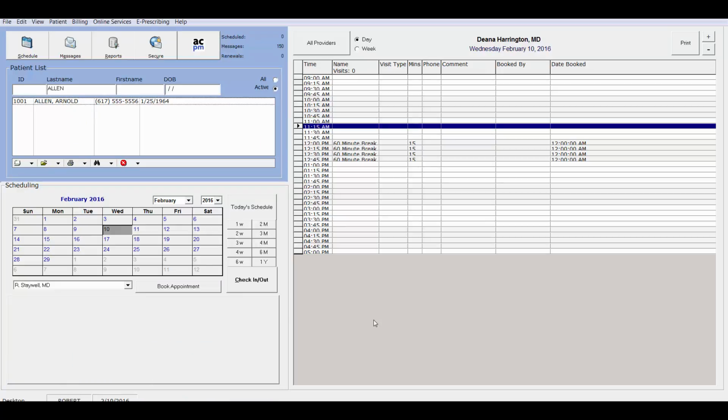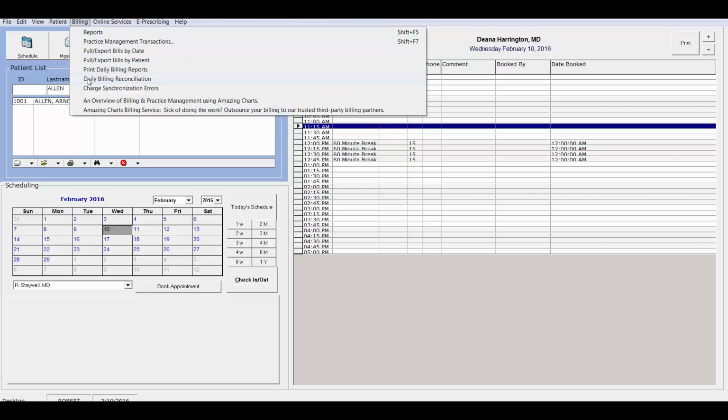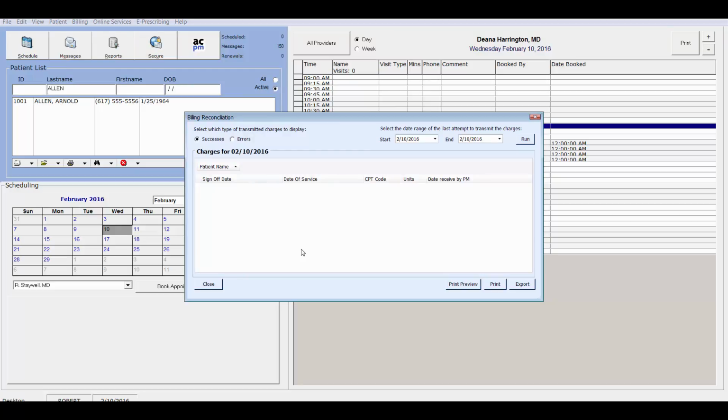So when it comes time for the biller to go into ACPM and review charges for a date of service, the recommendation is to have them run the billing reconciliation report in AC, because this billing reconciliation report tracks the electronic charges that are being sent from Amazing Charts to Amazing Charts PM. And not only will it show you the successful charges that went over to Amazing Charts PM, but it will also show you if any of the charges that were signed off on did not make it over to ACPM